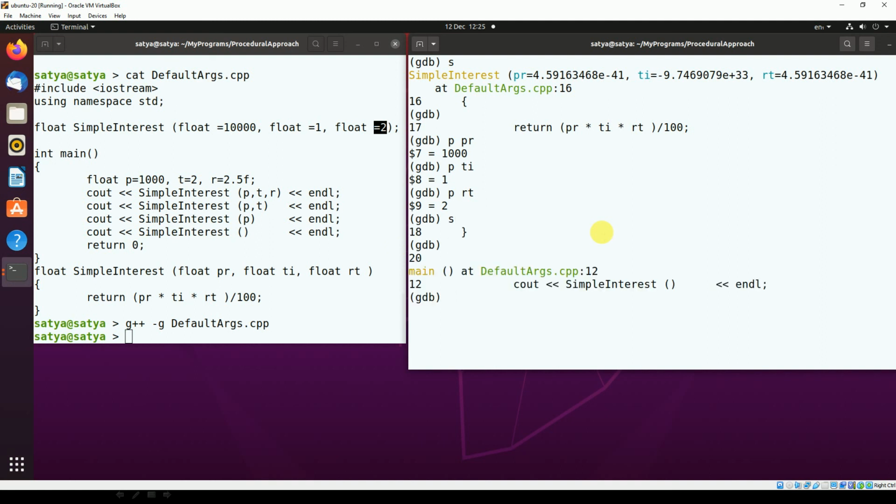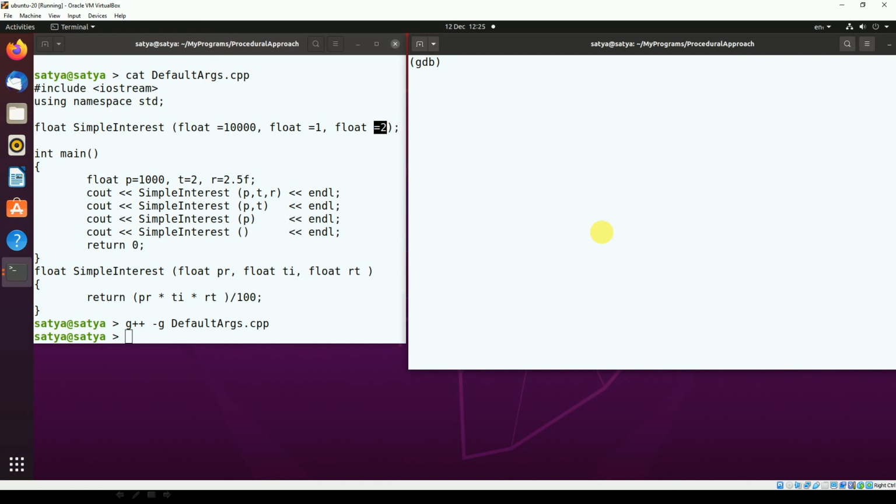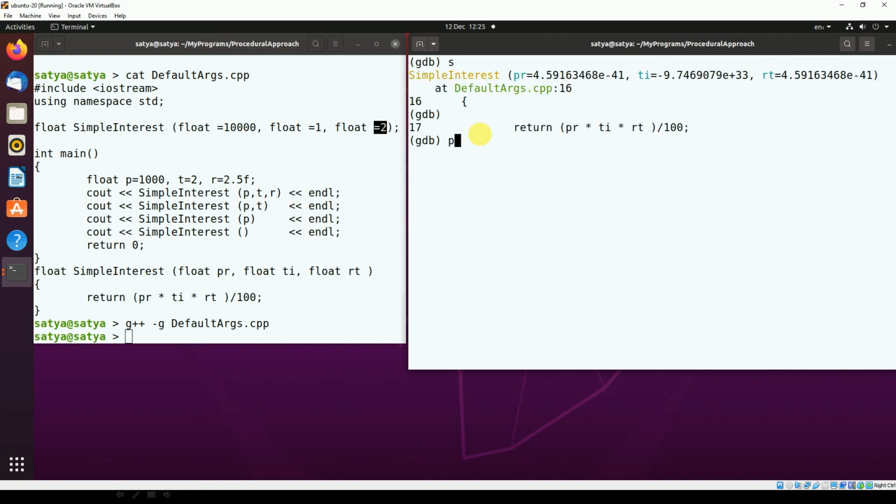Now in the final cout statement, I am not passing any argument. So it will take all the values as default values. Now print principal amount, that is 10,000. You can see here I was passing 1000, and here it takes 10,000.